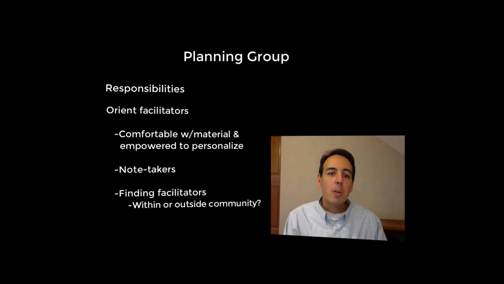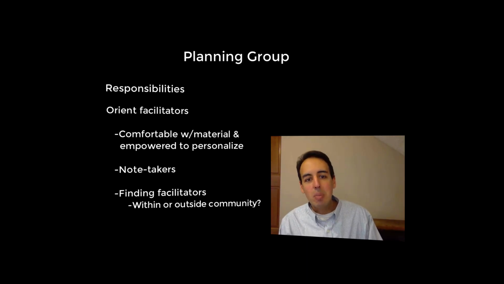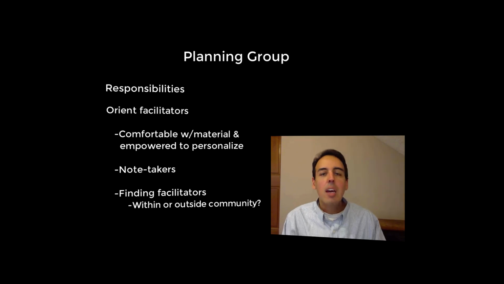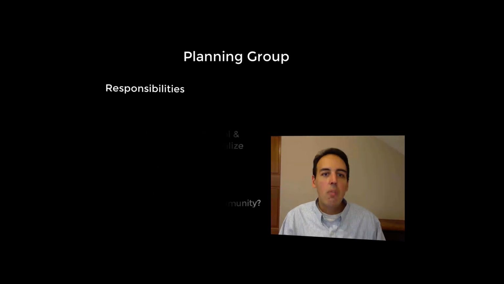Facilitators should be prepared to guide decision-making processes, help participants to avoid decision-making pitfalls like groupthink, and engage in productive conflict with one another, remembering that conflict is not necessarily bad. In fact, task conflict has been shown to be associated with greater group productivity. It's the relational conflict that tends to be counterproductive for groups. And it's important for facilitators to be comfortable managing and identifying those different types of conflict.